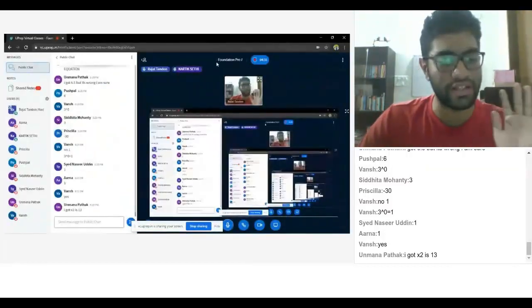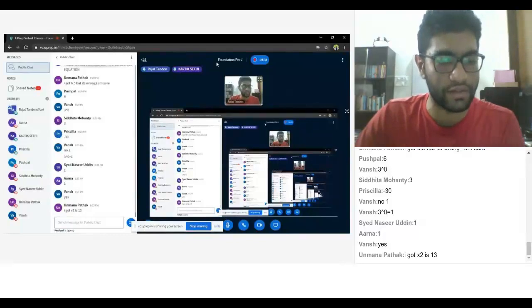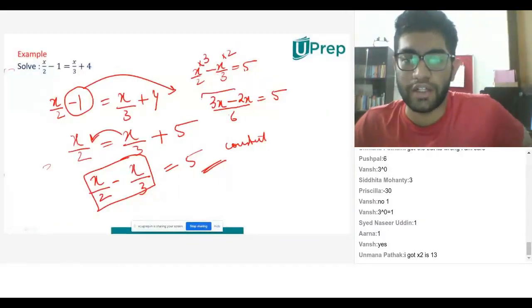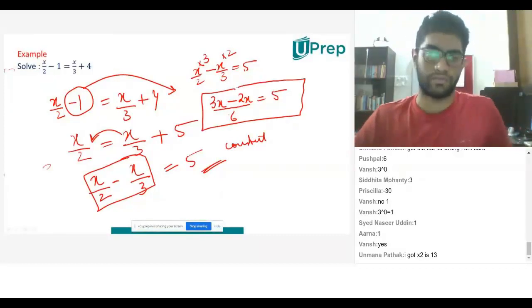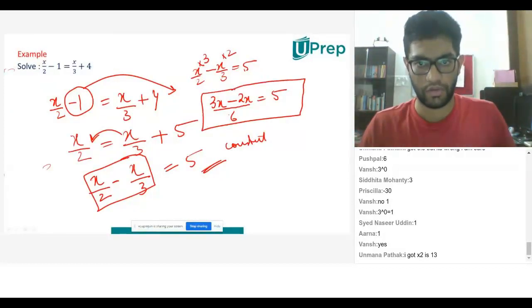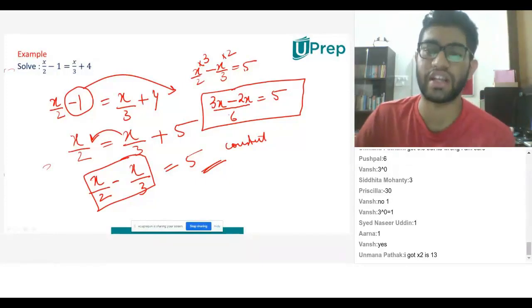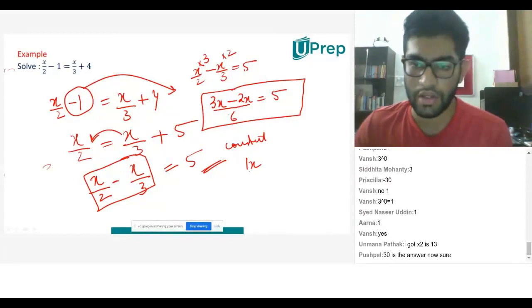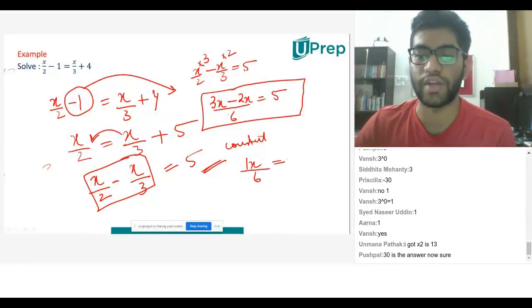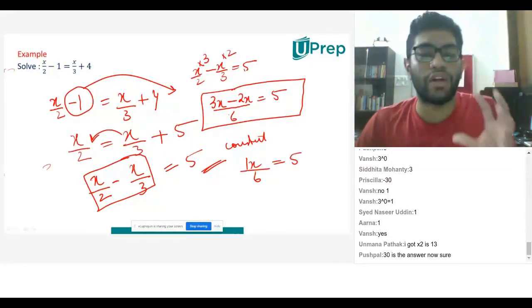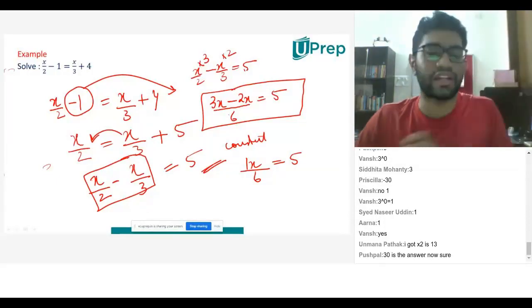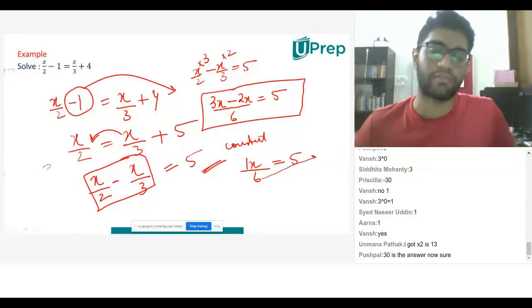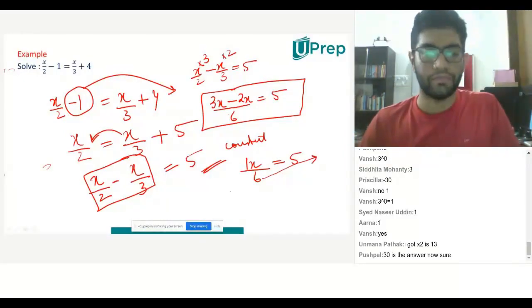Do you know the concept of LCM? I probably guess you do. You're in grade 7. Okay. Is it clear now? Is this step clear? Any doubts? No, sir. Right. So now what is 3x minus 2x? 1x or x divided by 6 equal to 5. I want x alone. I want x isolated. So what should I do with 6? I should send him there. Am I right?